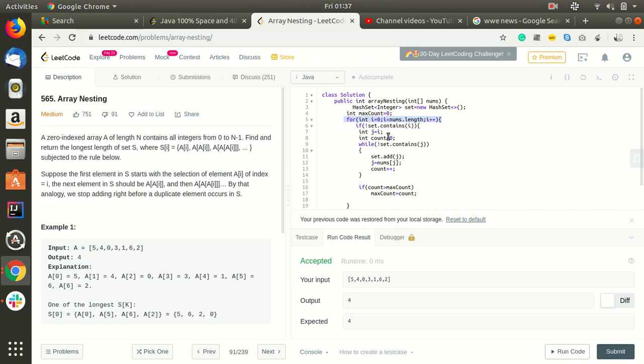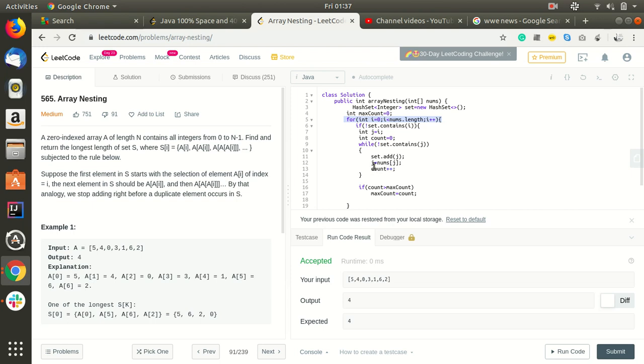While the set does not contain j, we'll add it to the processed set, set.add(j), which is an index added, then j is equal to nums[j], which is over here 5, and count plus plus.